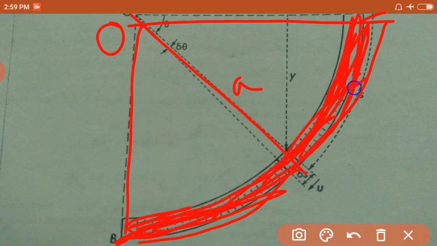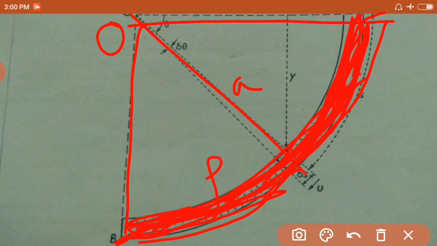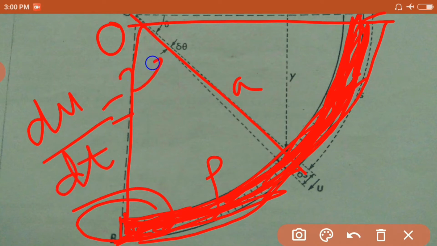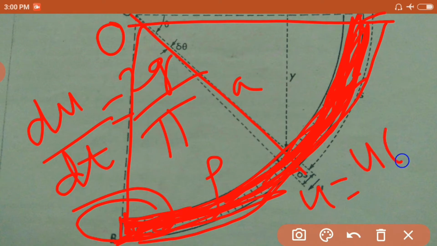Here is a liquid in this tube. This tube is full of liquid of the density rho. The end B is being closed. If B is suddenly opened, show that initially du by dt is equal to 2g by pi, where this u is equal to u of t